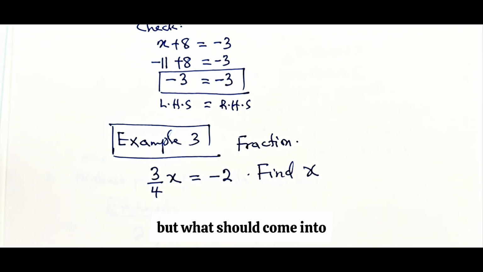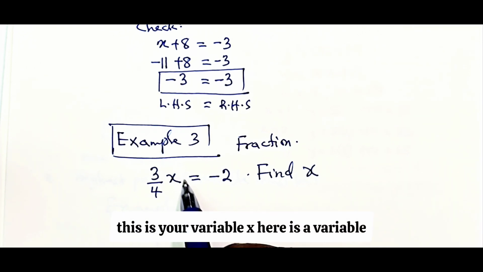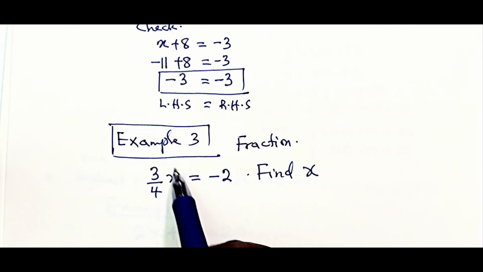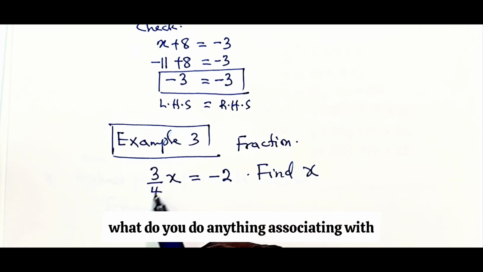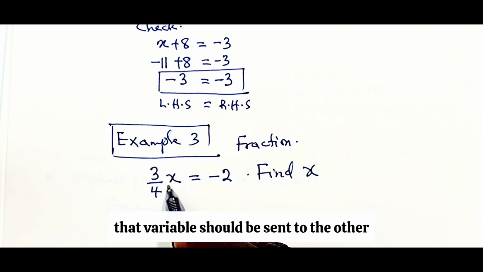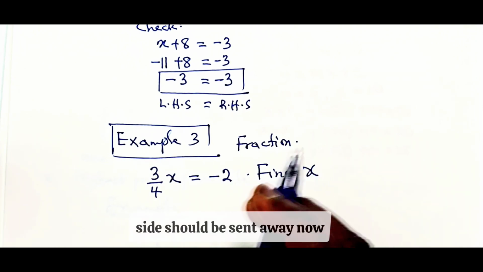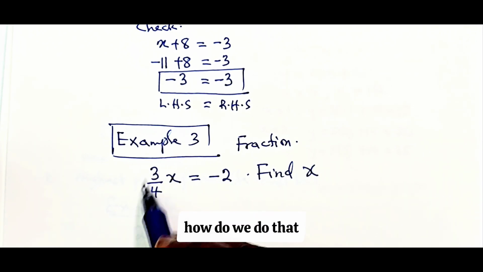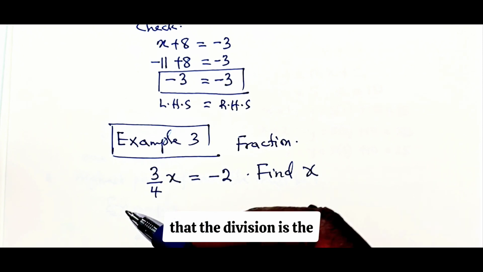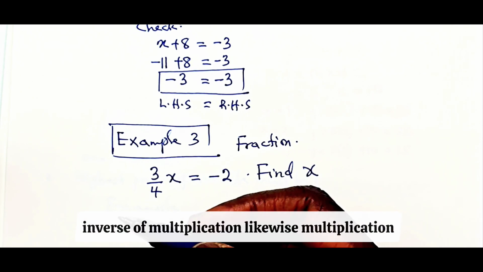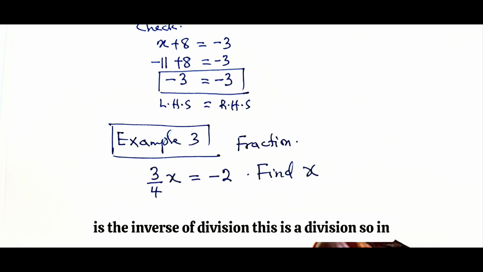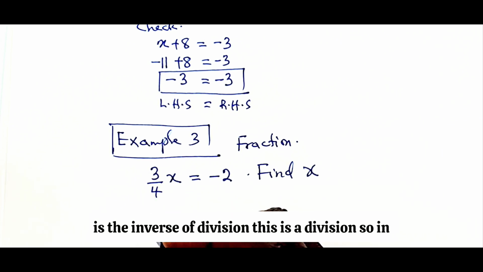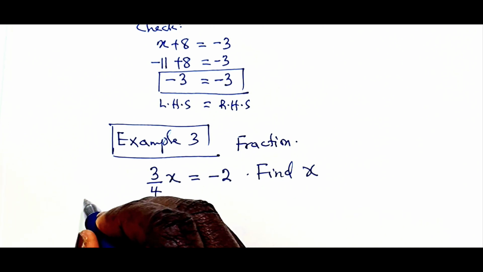But what should come into your mind is that this is your variable. X here is a variable, and you want to make sure that you find that variable. So anything associating with that variable should be sent to the other side, should be sent away. Now, how do we do that? Because we already said that the division is the inverse of multiplication. Likewise, multiplication is the inverse of division. This is a division. So in that way, we have to multiply